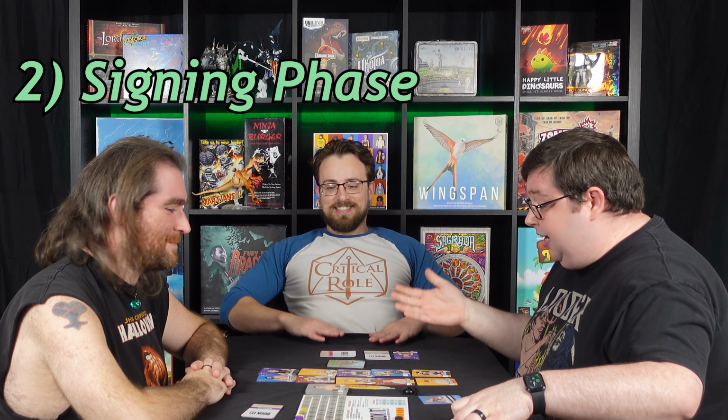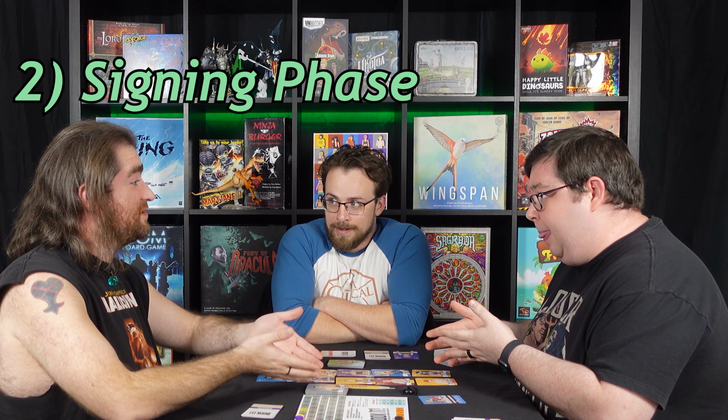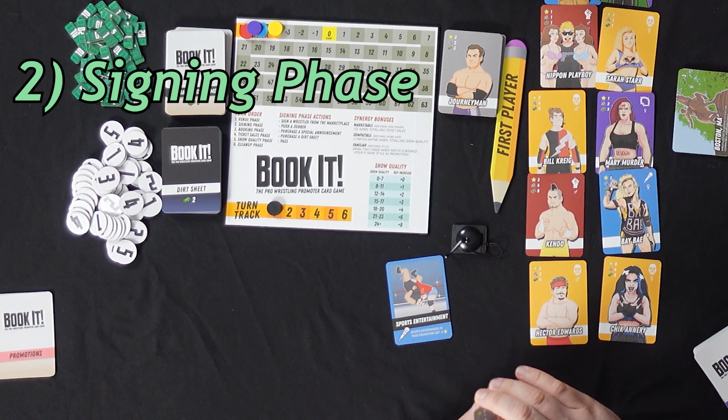So during a signing phase, you can do any of these things in whichever order that you want. You can also push a jobber. So everyone starts off with 6 jobbers. These are your local wrestlers that...